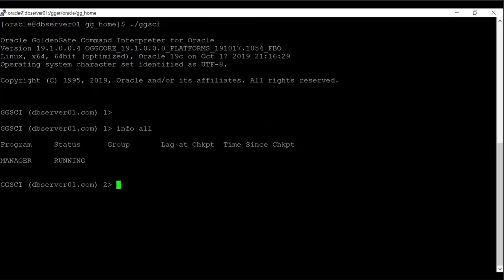Currently only the manager is running. In the manager, I have only the parameter port, with 7809, which is the default port. Currently my manager is running on the source side. Now on the target side,